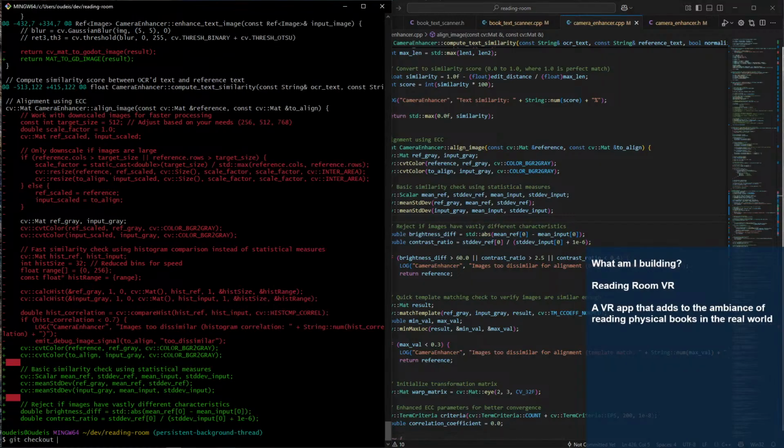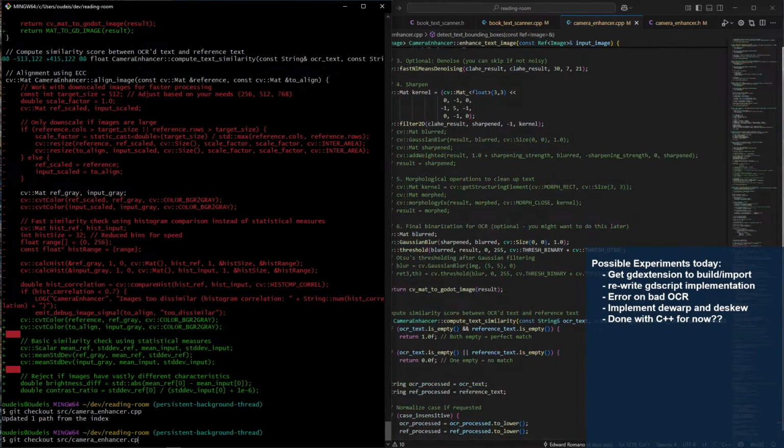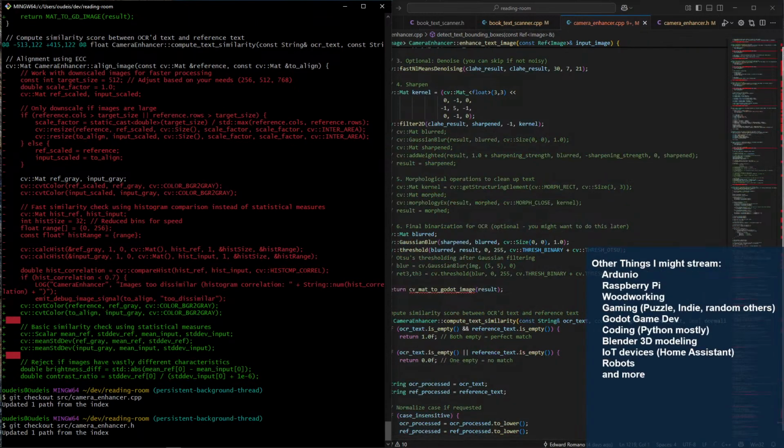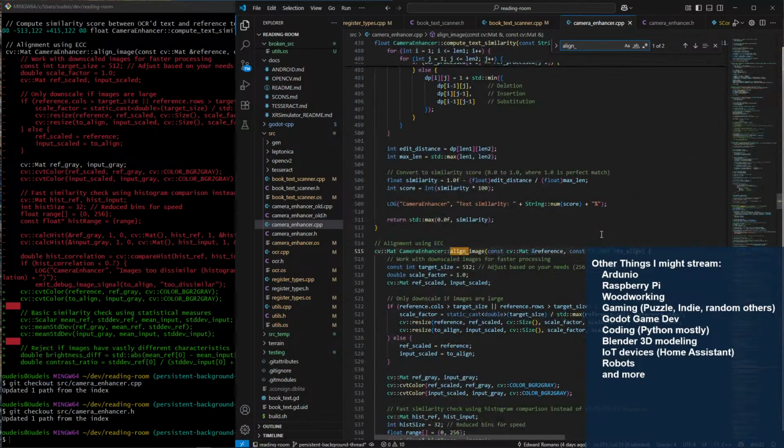Git checkout source .cpp and the .h. Let's do that. And then here's align image.